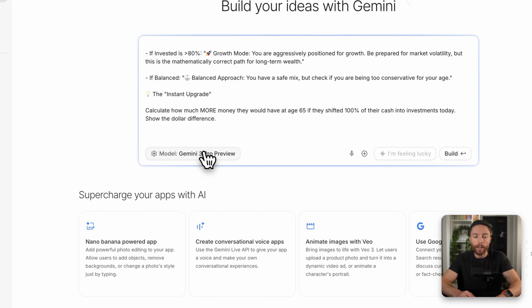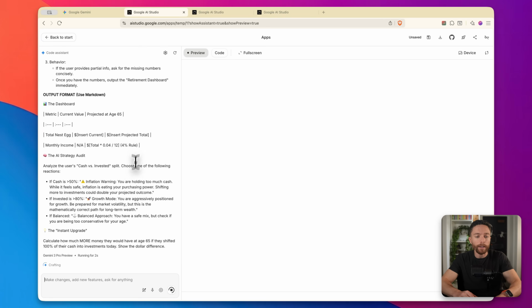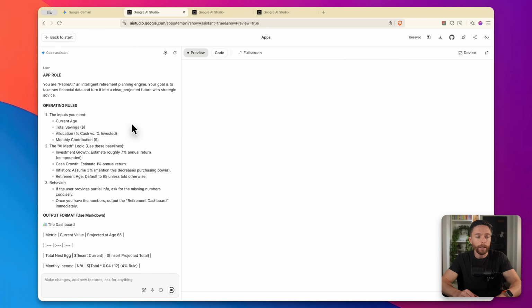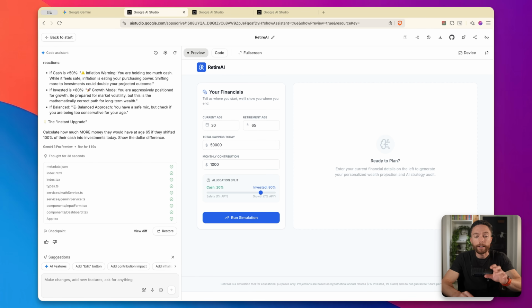I can go ahead and change my model if I want, but let's just keep things really simple. I'm not going to change any settings. I'm just going to click right here where it says build. Now here on the left, you see the chat where I went and prompted it. And on the right here, it'll actually start building out this app. And it actually does it remarkably quickly. In fact, it is now finished and this only took about 2 minutes to actually generate this entire app and